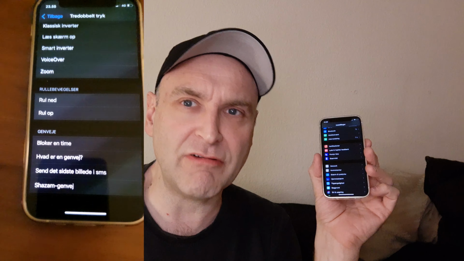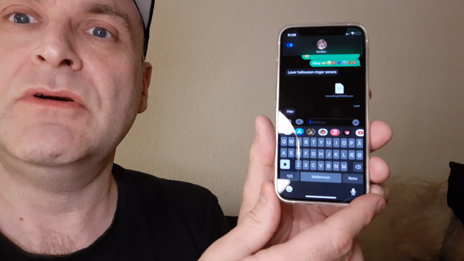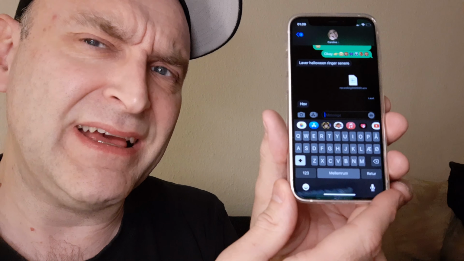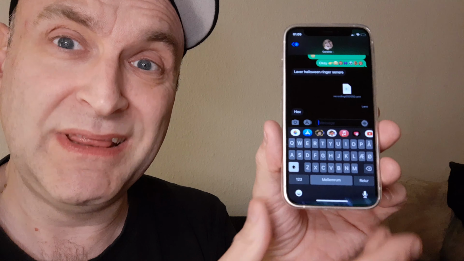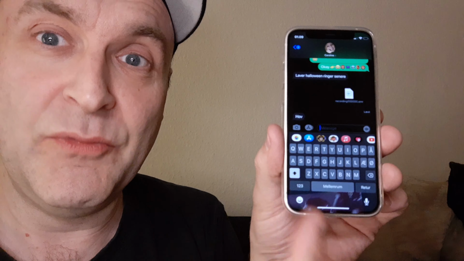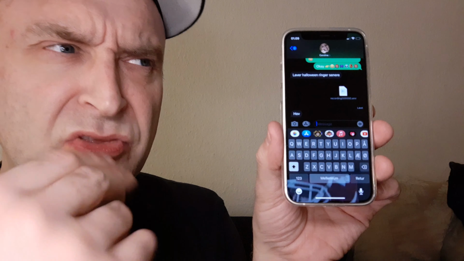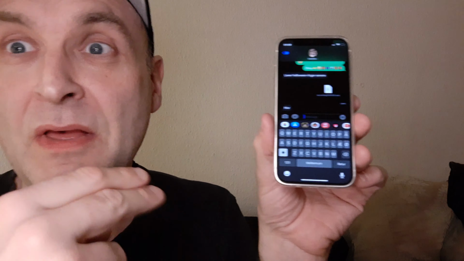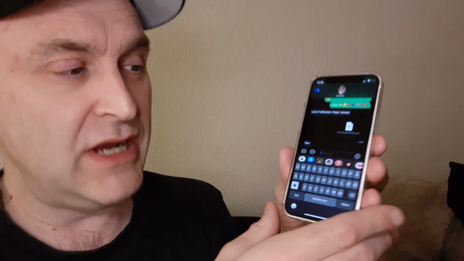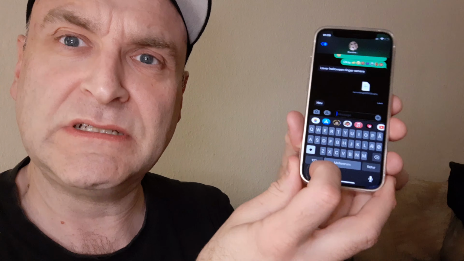Okay, let me move you in a little closer because I just wanted to show you the keyboard. I know there are more keyboards you can download now for the iOS system, but this is the stock one. And the weird thing is, I'm just used to having a comma and a dot, a comma and a punctum, you would say in Danish, right? But they're nowhere to be found, so each time I have to put a comma or a punctum,